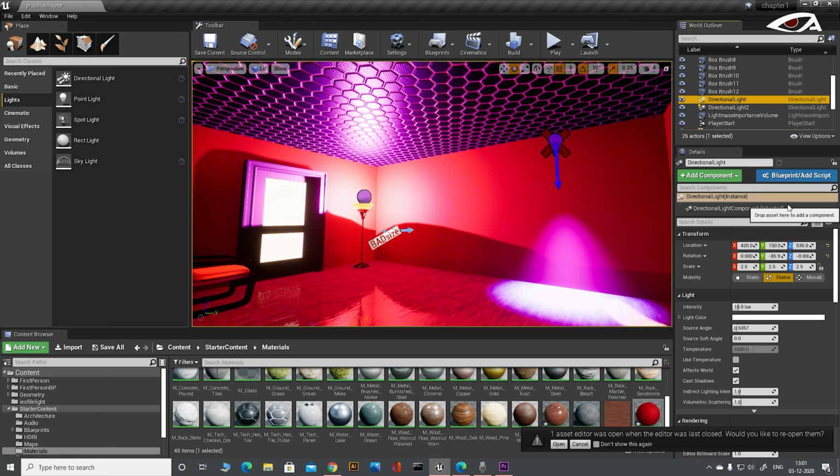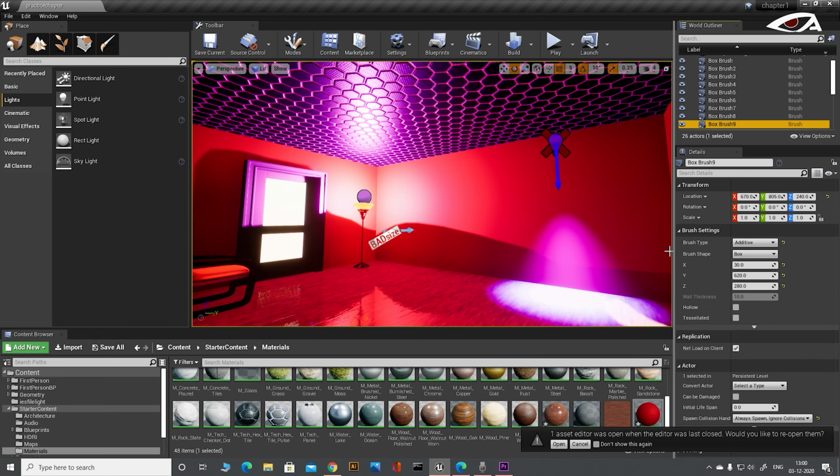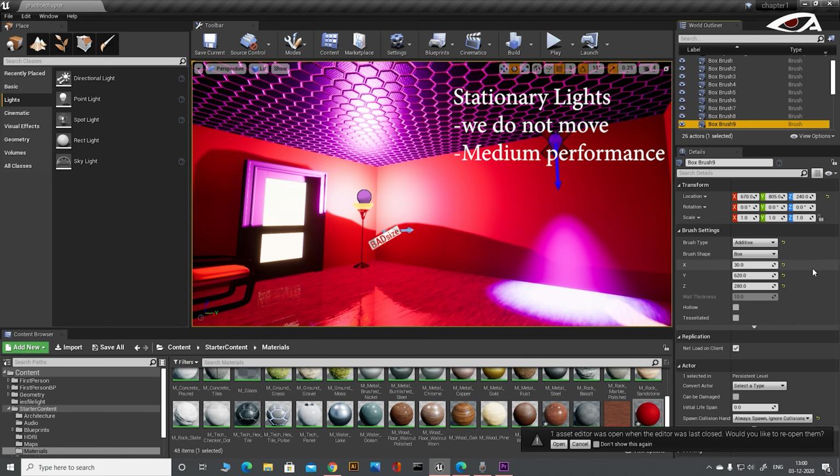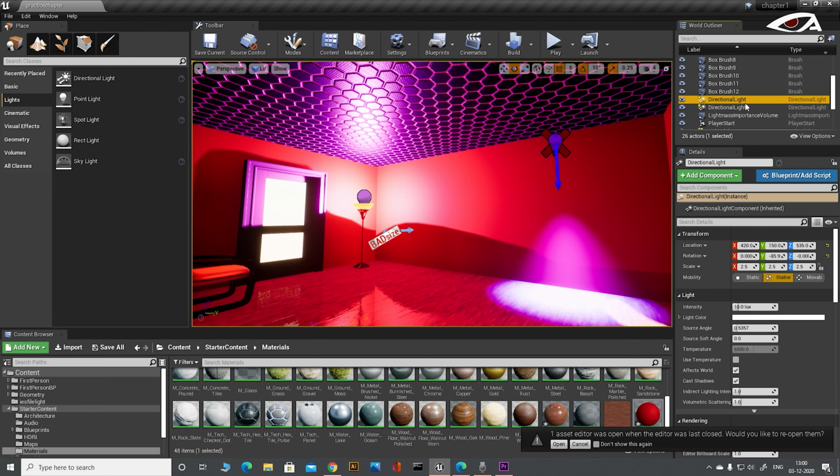But we cannot change how the light looks and cannot move the light. Static lights have quite a few limitations. Static lights are used in certain parts of a game scene for low power computers. And second is stationary light. It is used when we do not need to move or rotate or change the radius of a light during gameplay. Stationary light is medium in performance, so it is able to create static shadows on a static object.